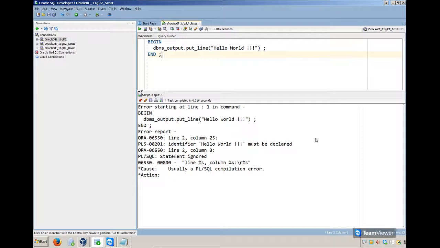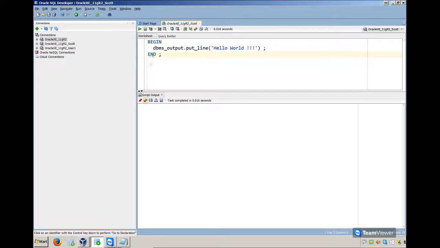oh, okay, hold on. There is a small bug inside my code. It should be single quotes, not double quotes. Okay, so let me clear this screen again and run it. So here what happened is I wrote a program. It successfully executed, but it did not give me any output other than PL SQL procedure successfully completed. It clearly tells you that there was no error. But at the same time, where is my output? You don't see the output. So